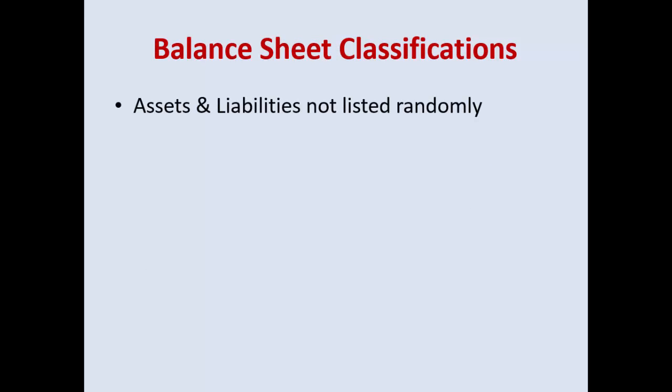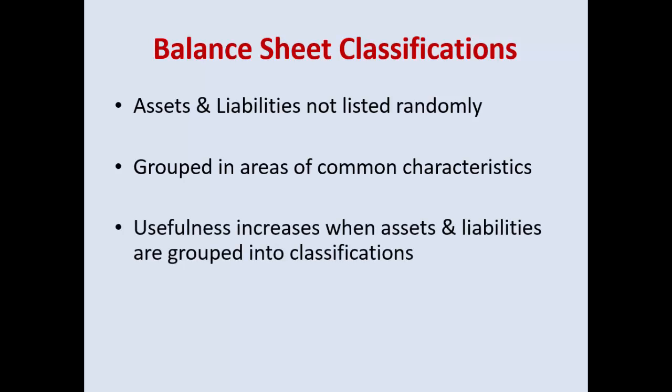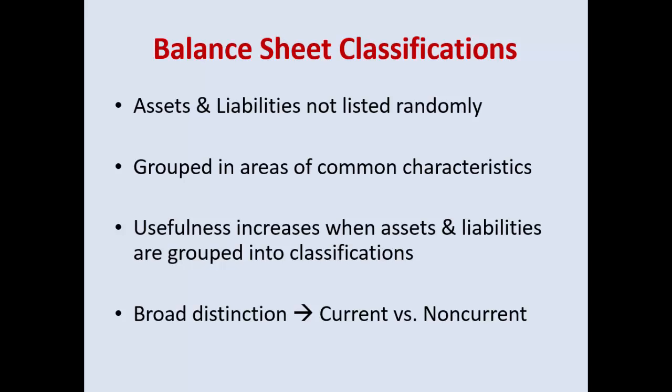So balance sheet classifications, assets and liabilities are not listed randomly. The more you understand how to classify them, the more you'll understand what you're looking at when you're analyzing a financial statement. There is a broad distinction between current and non-current, and that is a review of